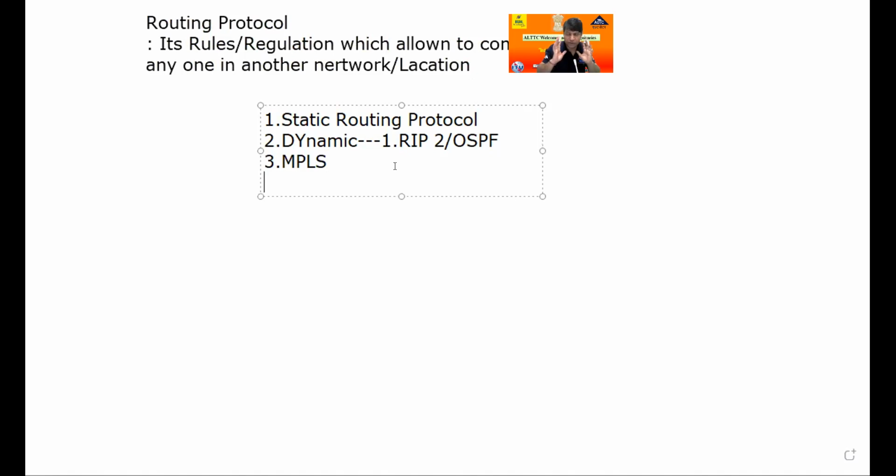Just think, if I want to communicate from one location to another location, definitely rules and regulations are required. Very simply, you are a student, and you are allowed in your college campus, there is no problem. But if you go to any other location, without permission, without following the procedure, you are not allowed into another institute or organization. In LTTC, I am free, I can go to any location in LTTC, no problem. But if any other guest comes inside our campus, he is not free to move to any location in the campus.